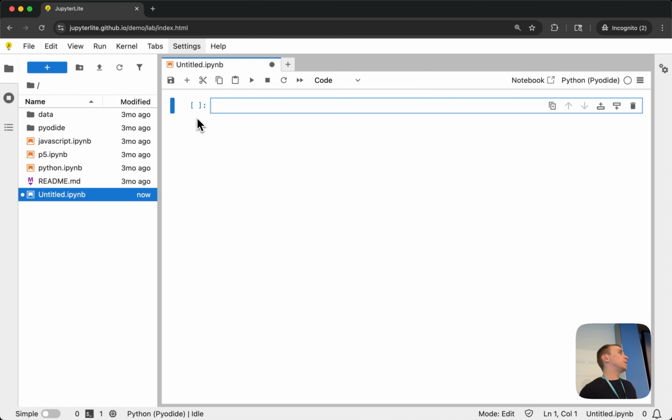GitHub Pages, for those who don't know, is very popular for hosting static websites. You just need one simple HTTP server to serve those files to users, and it's mostly used for serving blogs.